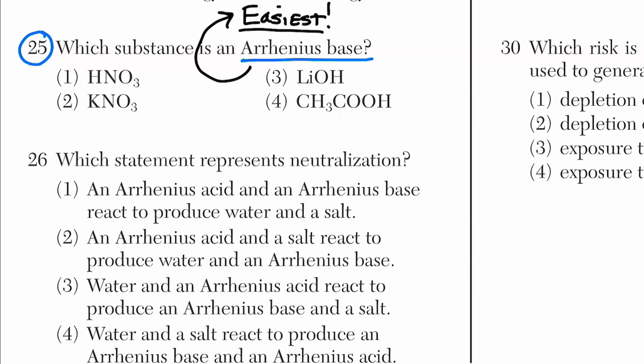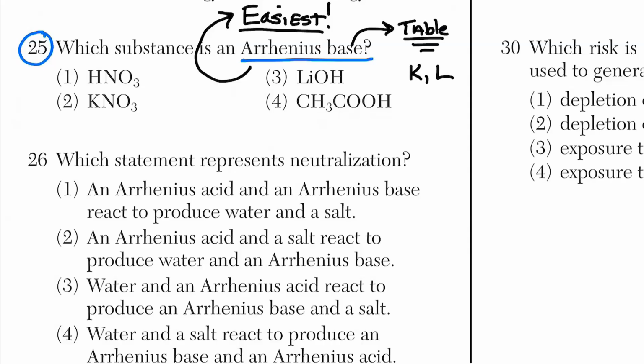I know it's not quite rhyming, but hey, that's the best I can do. So what's the easiest definition of a base? Well, there's also the easiest definition of an acid. The best way to remind yourself is go to your tables. We have a table that gives me acids and bases. Okay, so we're going to go to table K and L to look up the Arrhenius base and then acid